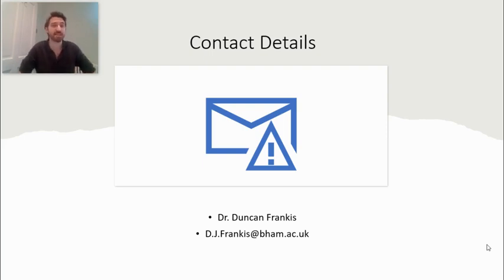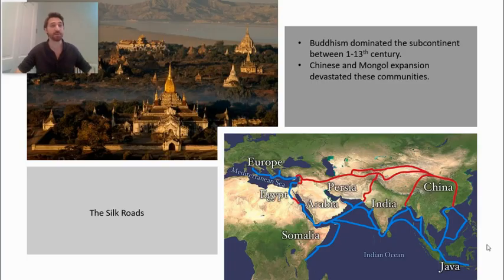So, to understand the complex politics, social issues, and economic issues that India experienced in the mid 20th century, we need to go back. We need to go way back to the classical and medieval period. What I want to do now is just give you context to India's geopolitical situation. And one of the most important factors that defines modern India is its geographic location.